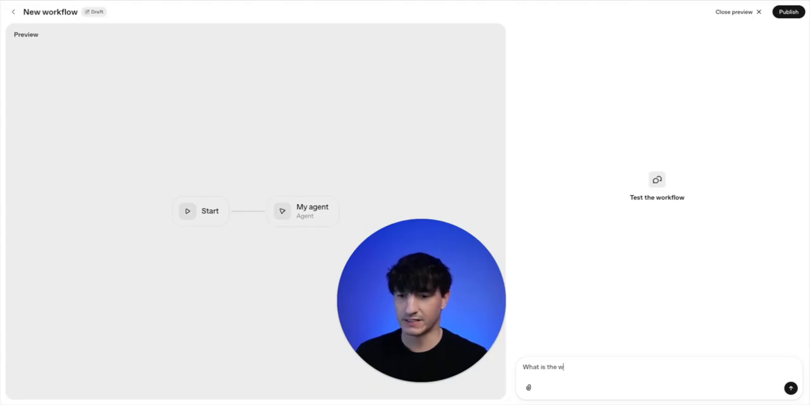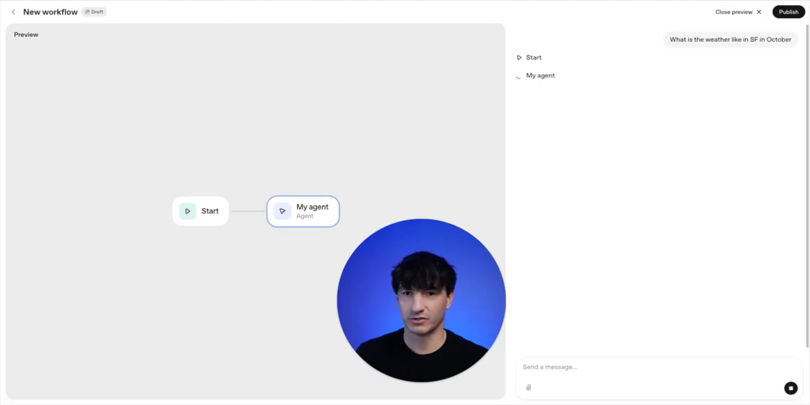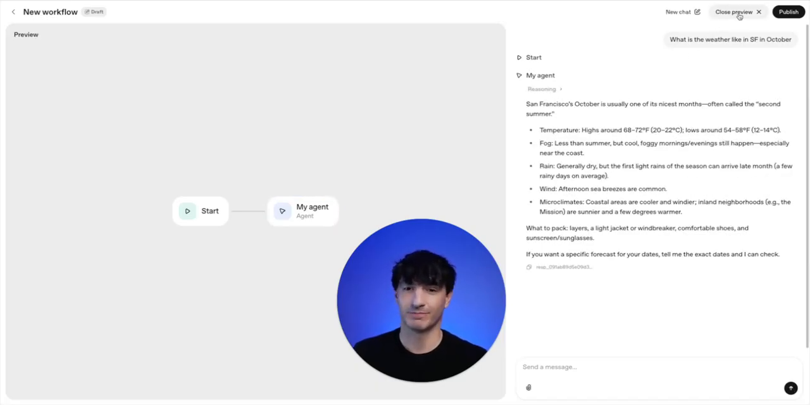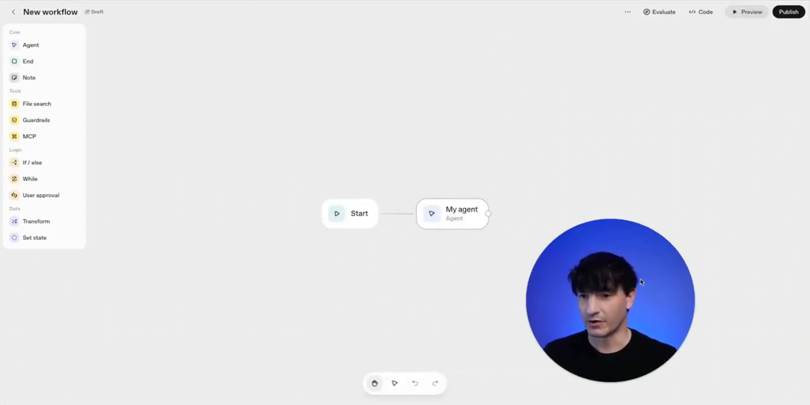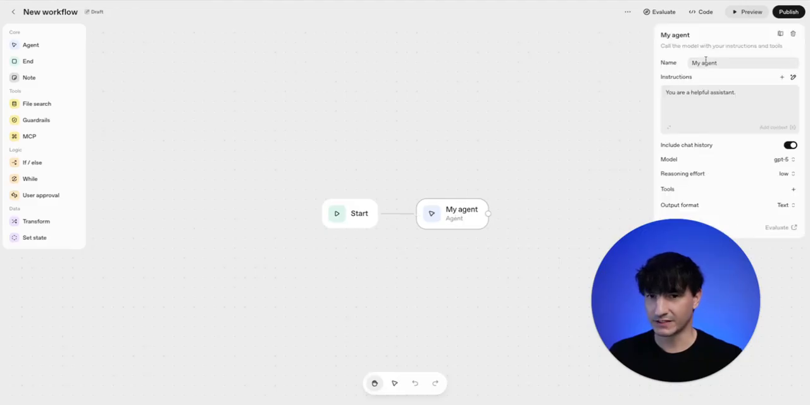So, what is the weather like in SF in October? This will give us a response similar to GPT-5 because it is GPT-5. So around 70 degrees, the perfect weather. Yeah, it's pretty great. Okay, so what we want to do is actually change this into a